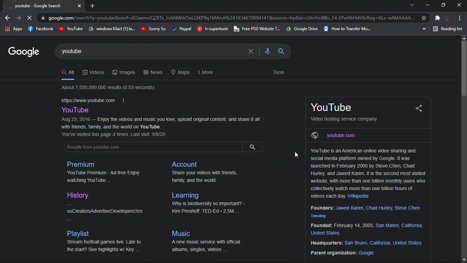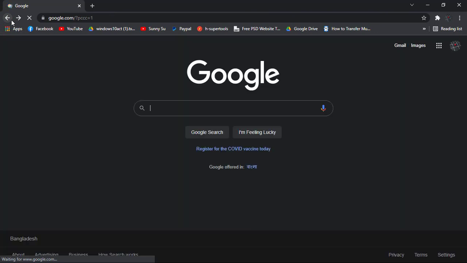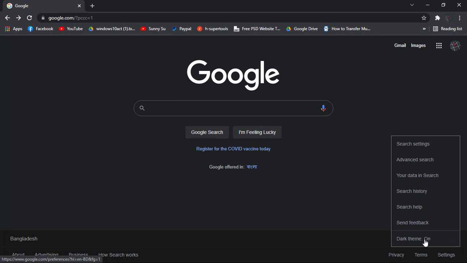Okay, now this is eye friendly, as we all know, this black thing. And again, if you want to go back to the white version, what you have to do, simply come to google.com, settings, and dark theme, click on this and it will be switched off,